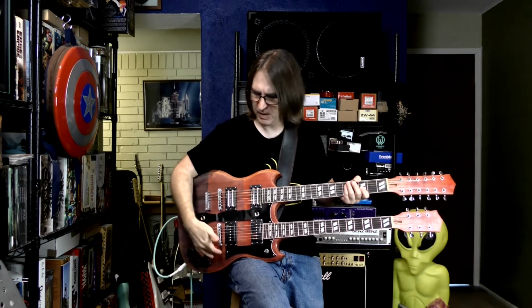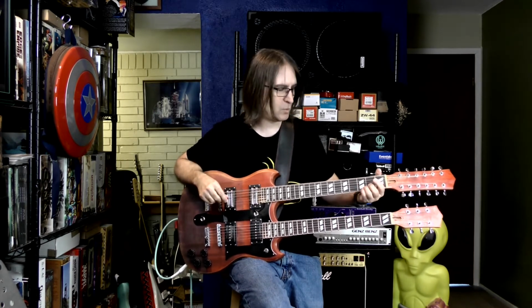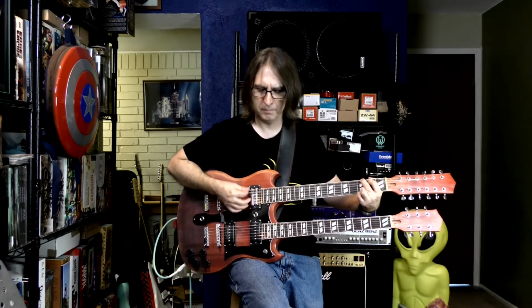But having done all of that, how does it sound? It sounds pretty good. Again, these are GFS lipstick humbuckers in the 12-string, and there's no volume or tone controls in this guitar setup. The volume and tone are both for the 6-string. So you're just left to adjust your volume balance with the pickup height, and I've tried to get that as best I can, but I think it